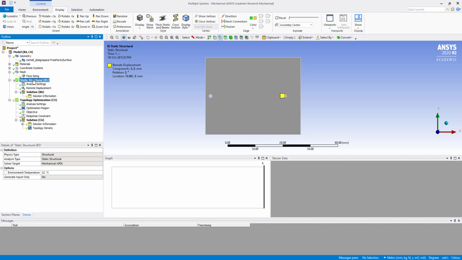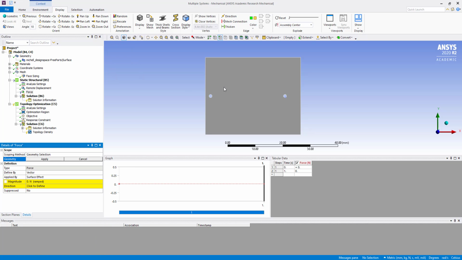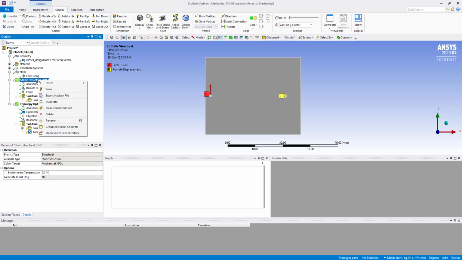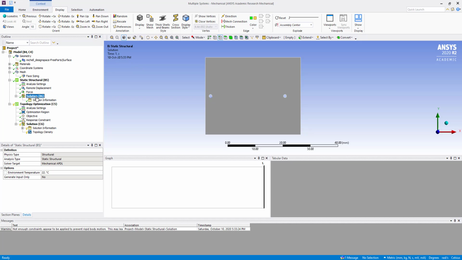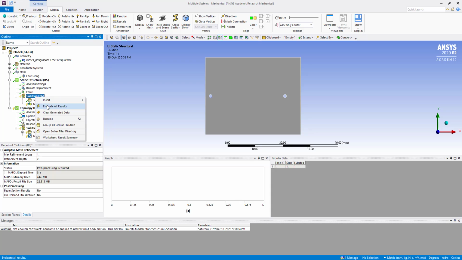Okay, now I'm going to insert force, select this edge, apply, change from vector to components, and in y direction 10 Newton. Okay, then solve. Here we can insert deformation total and